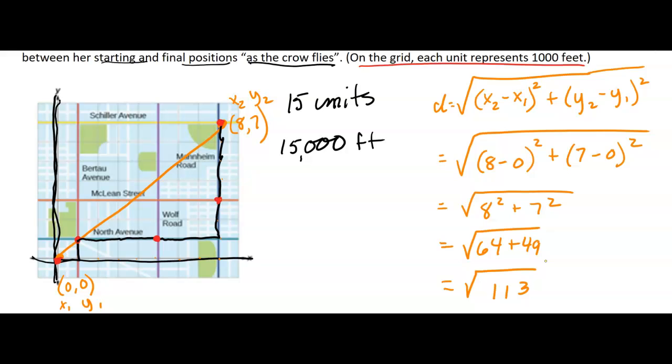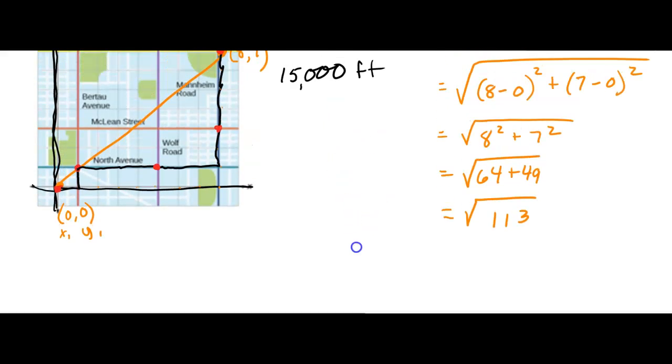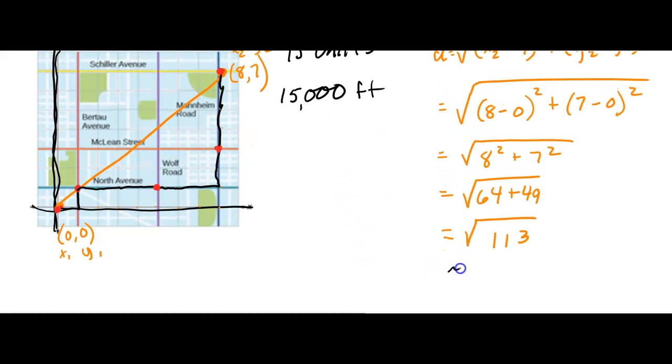So let me grab my calculator real quick. Okay, so I grabbed my calculator. Oops. Why isn't that scrolling? Well, I'll just draw it right here. Now it's scrolled fine. Okay, so it's approximately 10.630 and then a bunch of other numbers. So about 10.63. But remember, that's units, and each unit is 1,000 feet. So it's about